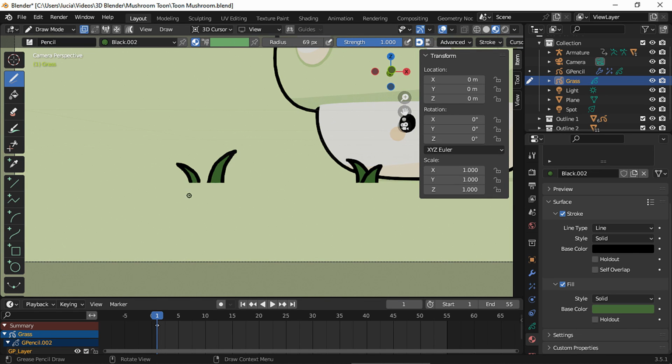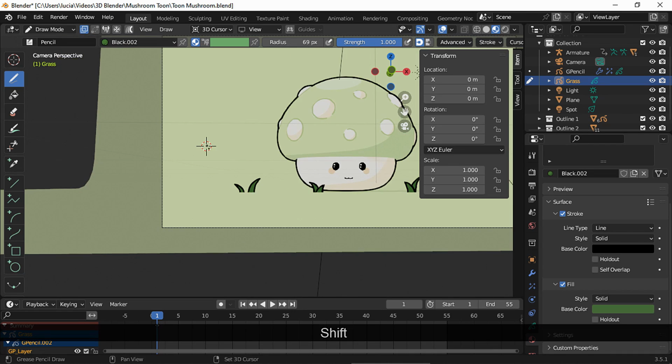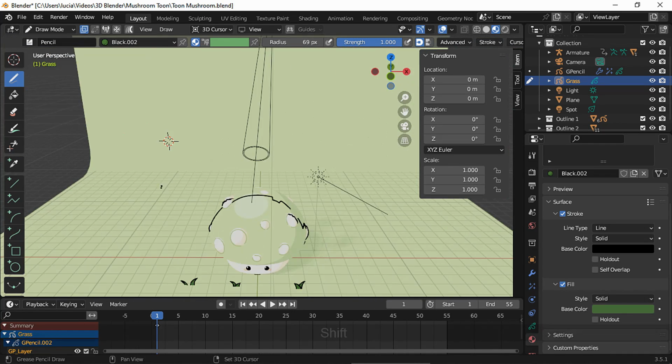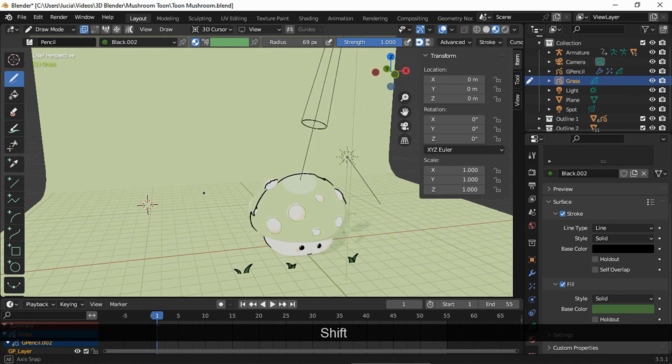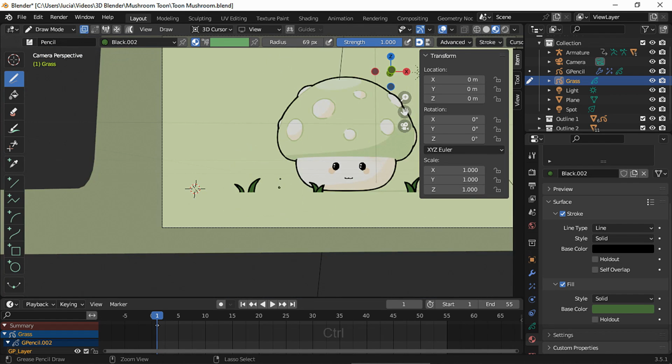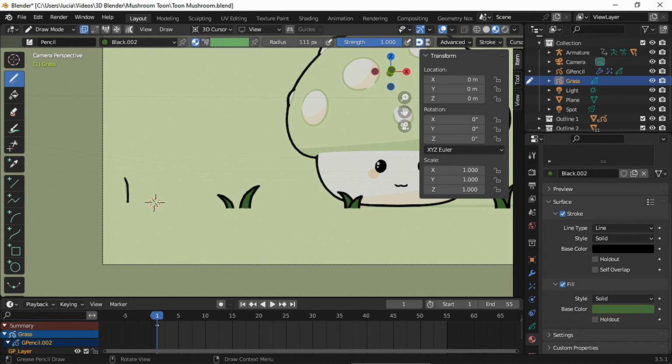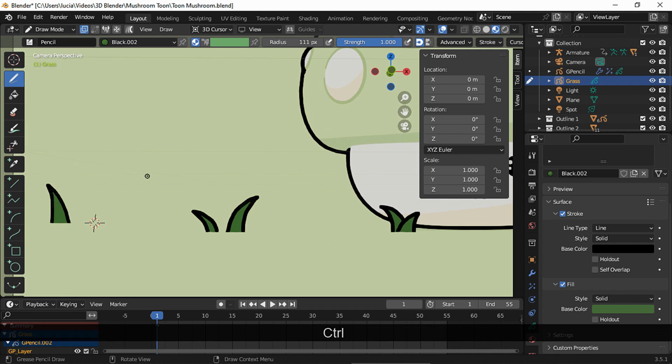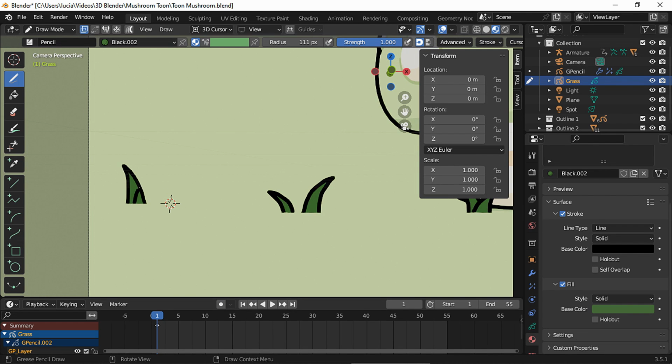I'm gonna move the 3D cursor to draw some strokes behind the mushroom this time. Let's make the radius bigger. And we could disable this and draw this stroke ahead of the others.